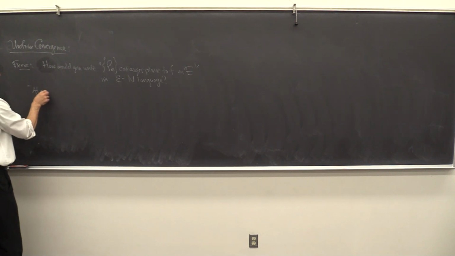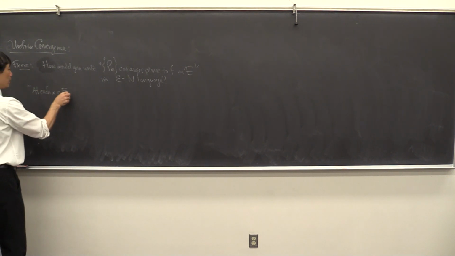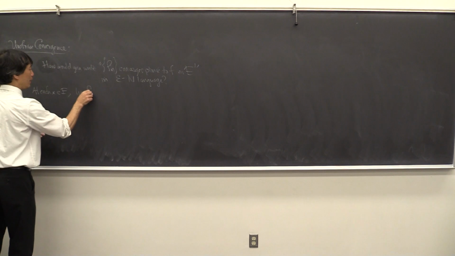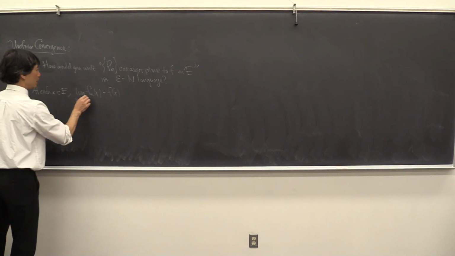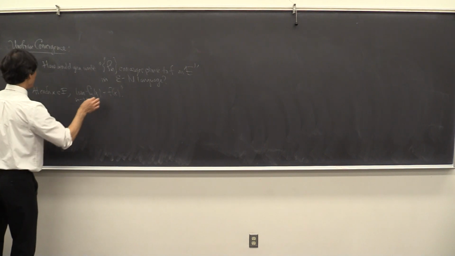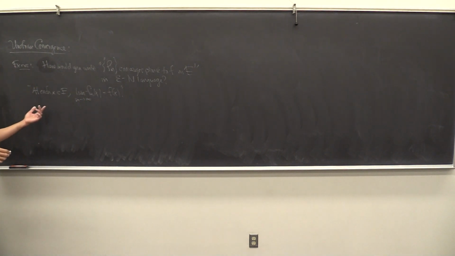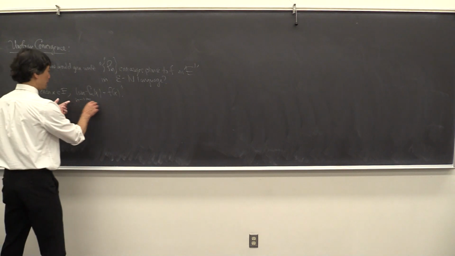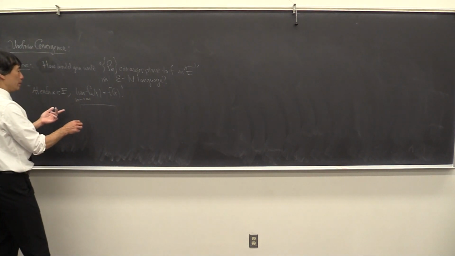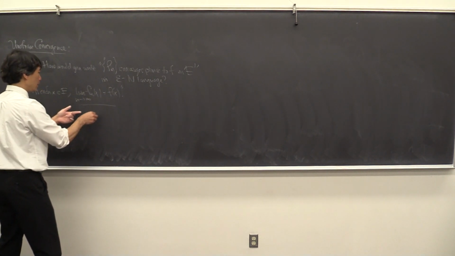At each x in E, the limit of f_n(x) equals f(x) as n goes to infinity. So this is not using epsilon language yet, but this is the idea. This is what pointwise convergence means. At every point, you have convergence. So just take this thing, translate it. The limit of that is that. In other words,